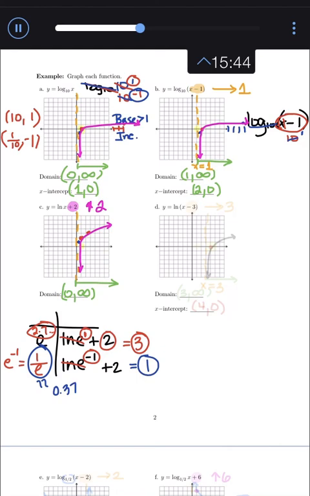Let's look at problem D. In problem D, notice we have a -3